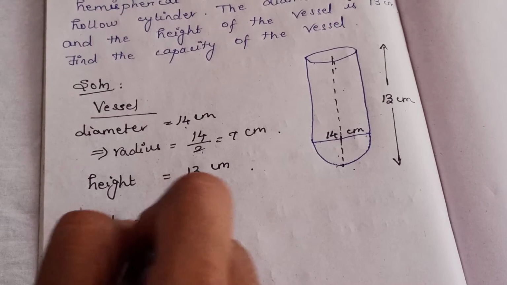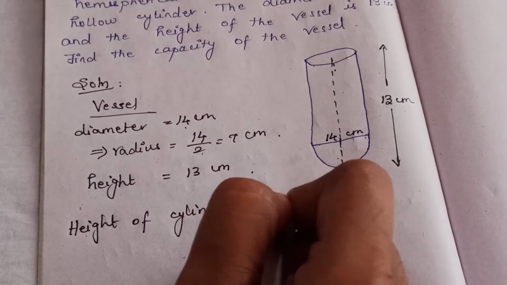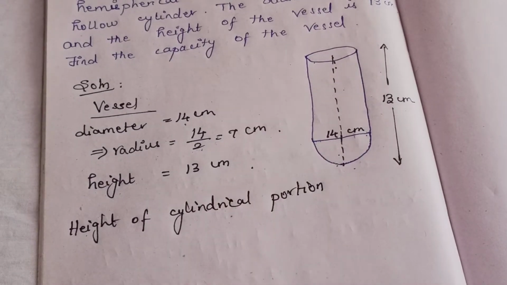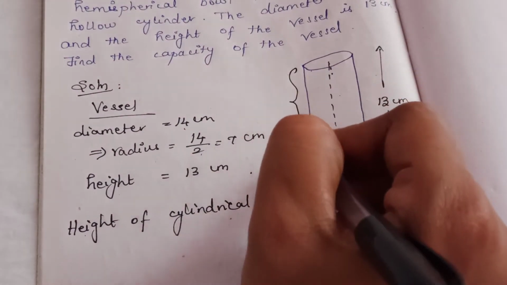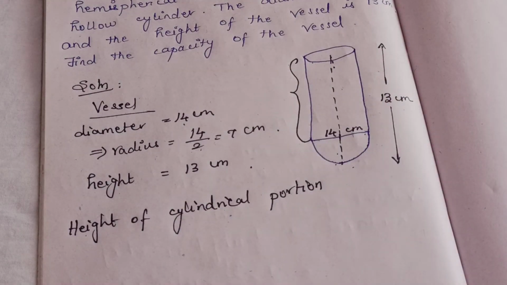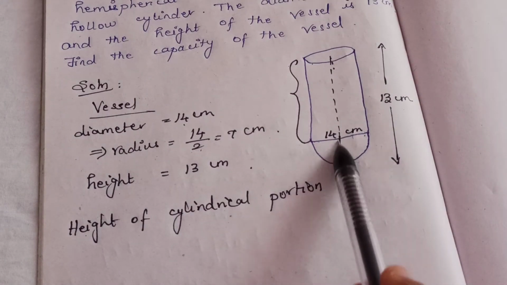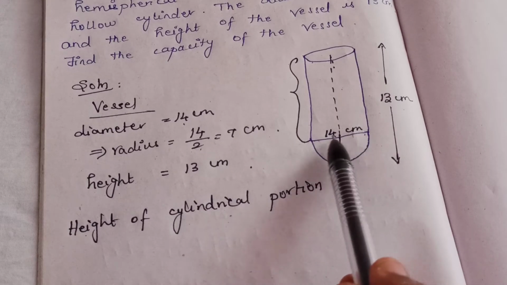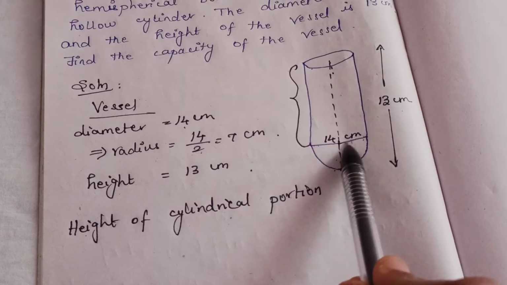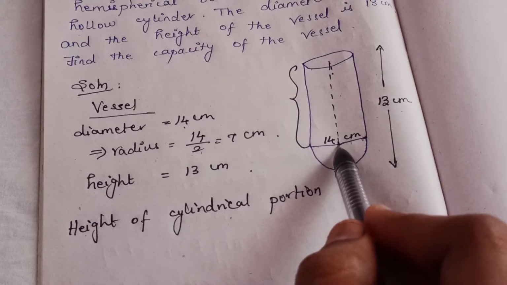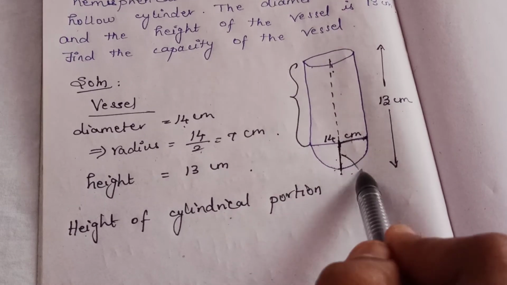So height of the cylindrical portion. Height of the cylindrical portion means we need only the height up to this, right? So we need only the height up to this. That means we have to subtract the height of the hemisphere from the total height. Here for the hemisphere, the radius is 7 cm. If this part is the radius, then this is also the radius for the hemisphere. Therefore, this height is